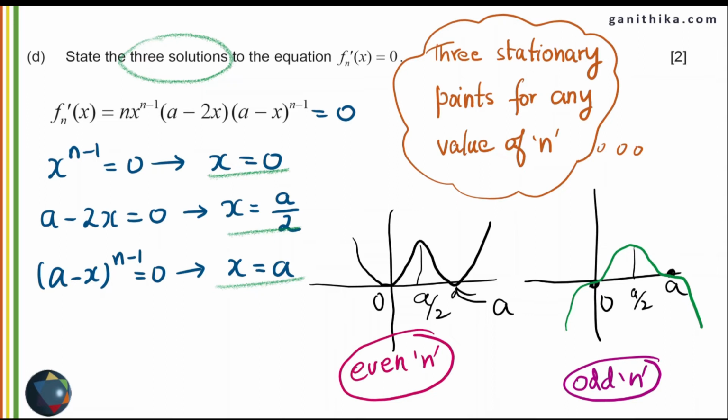So at this moment, since you are asked to find the 3 solutions to the derivative equal to 0 equation, you know that you have found the stationary points. You should think why we are asked to solve this equation. We are asked to solve this equation to identify that a over 2 is always giving you a maximum point whether n is even or n is odd. And at 0 and a, we have either minimum points or stationary points of inflection for different values of n. And this is what you have to collect at this point of time. Once you have this ready, you can continue to the next question.